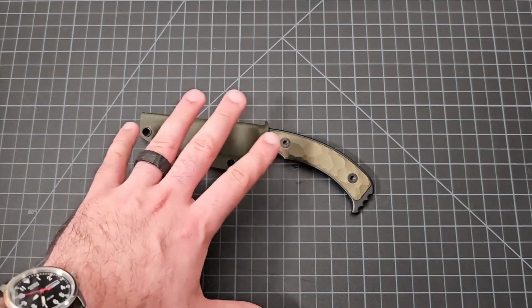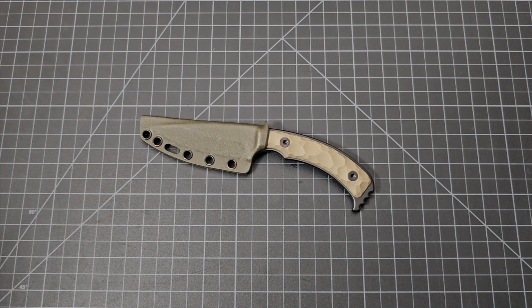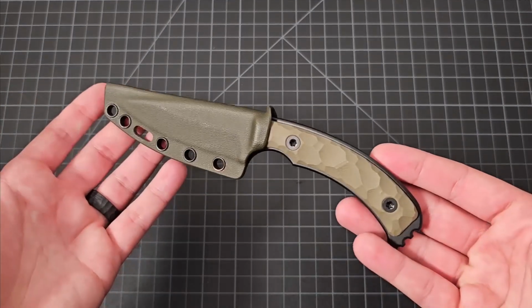We're gonna go over just generally what you're getting here for your money, $340 USD before tax and shipping. Go over some specs, compare it to a couple knives, and just kind of give you my initial thoughts on this knife. So as you can see here, this thing is just, as I always describe his work,